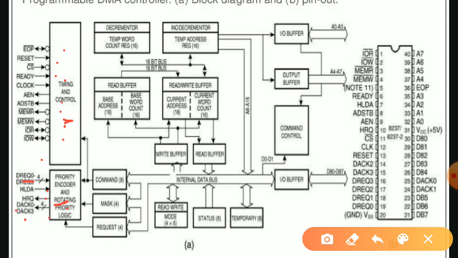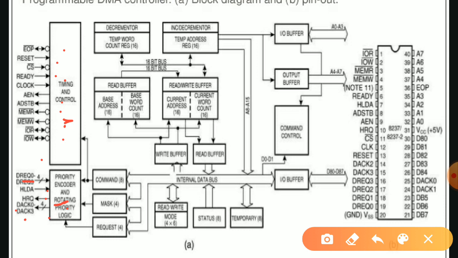As I already said, DREQ and DACK are the signals required from the peripheral devices, and HRQ means hold request, and the HLDA signal is to be sent to the processor unit from the DMA controller. And see, there are a lot of registers available here, and soon we will discuss all the types of registers, and how these registers are helpful for the DMA controlling operation.